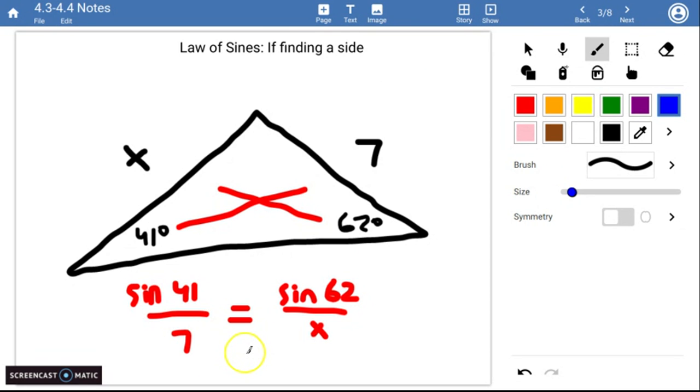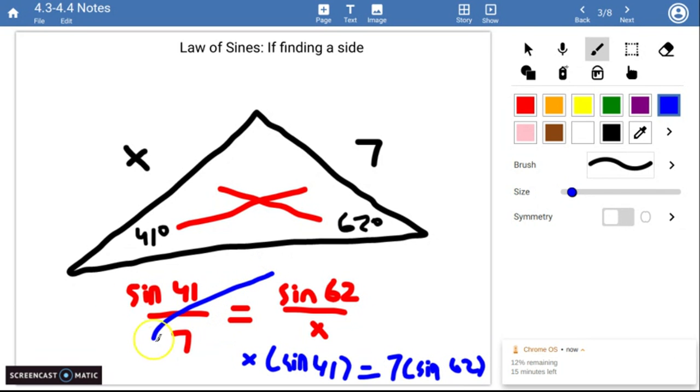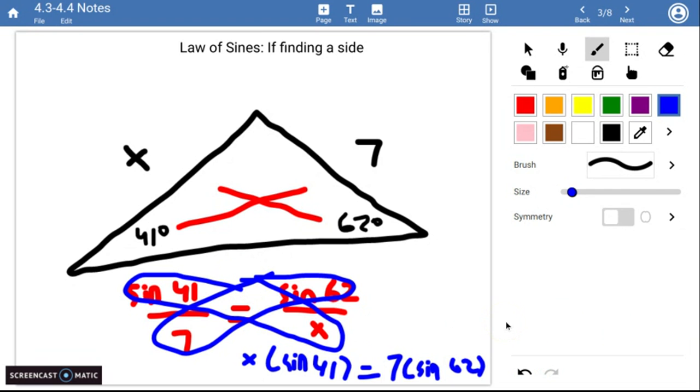So now we're going to do x times sine of 41 is equal to 7 times the sine of 62. If you notice what I did, I just cross multiplied, so it's this right here times this right here. That's what you're going to do. Then, to get x by itself, you have to divide by the sine of 41. So you end up with this equation that you have to punch into the calculator to get the final answer,